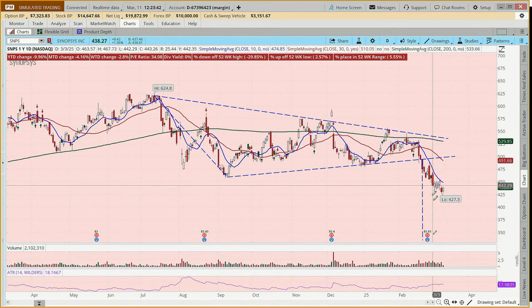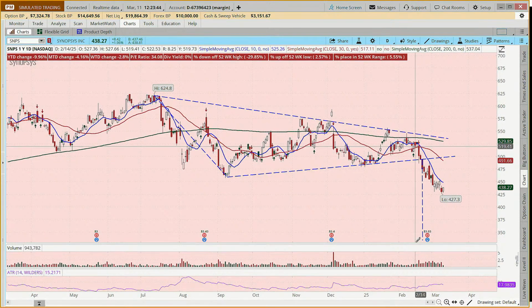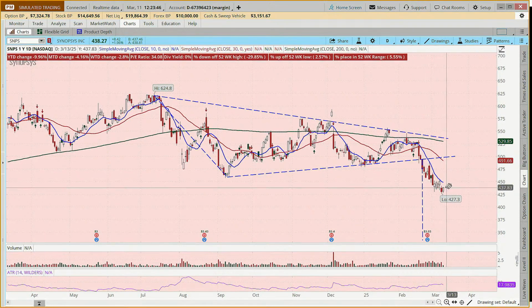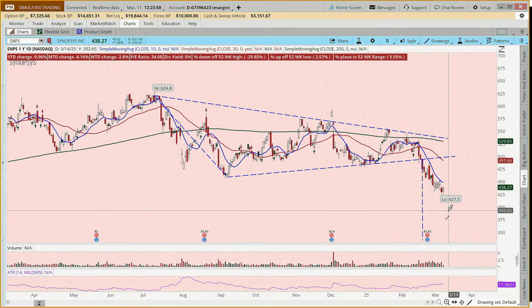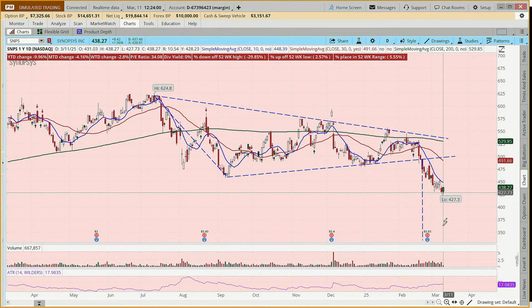And again, do you have to make the target that long? No, you could do a trade and just say, hey, if this starts to go down again, on an average day, this moves about $18, $17.98. So my target would be for it to fall by $17 or $18.